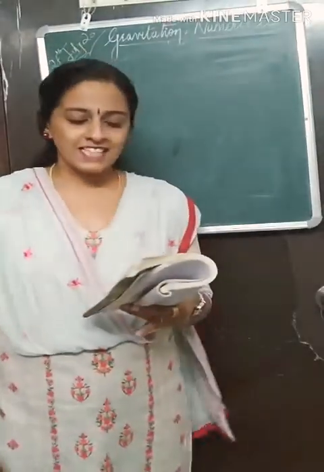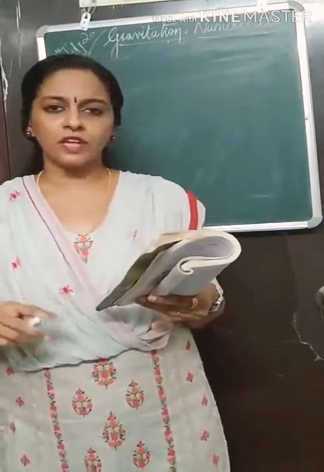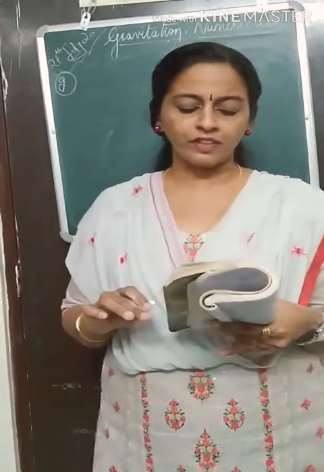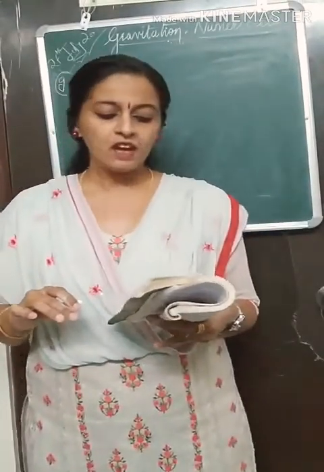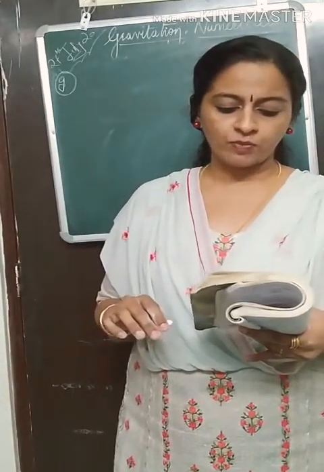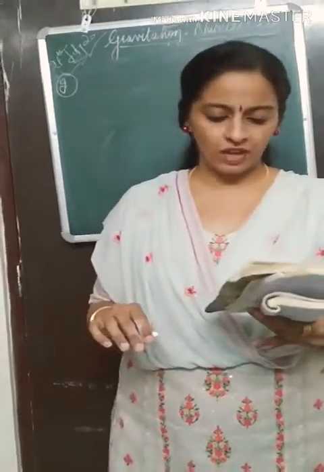Now we have the last sum, the same as the previous sum. Okay. So you can do it. The mass of the earth is 6 into 10 raised to 24 kilogram. Distance between the earth and the sun is 1.5 into 10 raised to 11 meters. So no worries, it is given in meter. If the gravitational force between the two is 3.5 into 10 raised to 22 Newton, what is the mass of the sun? Again, use G as 6.7 into 10 raised to minus 11 Newton meter square per kilogram square.